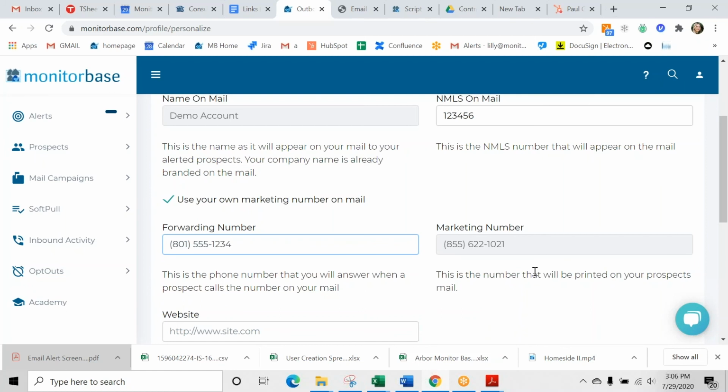So if you want to have it go to your cell phone number, you have to set up the marketing number so that we can keep track of the calls that come through that cell phone number. So the marketing number is the cell phone number? The marketing number is the Monitor Base number that appears on the letters and emails, and it's the number that we use to track any of those calls so that we can let you know.